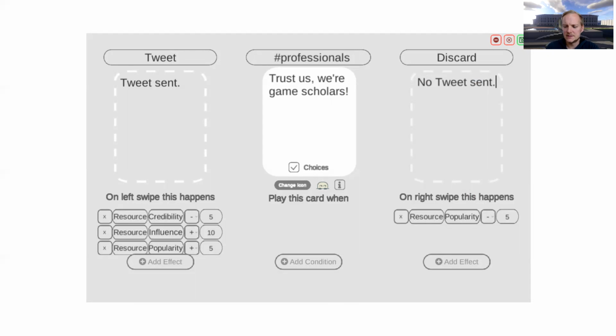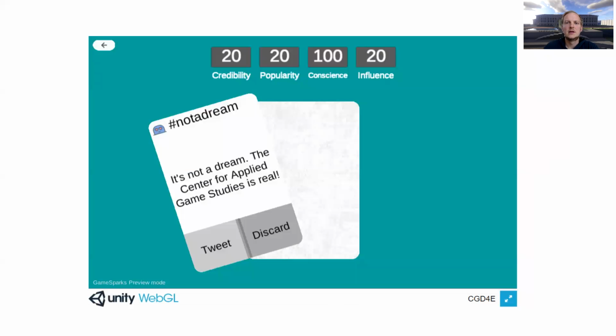And after all these settings have been done, you can of course play the game. In this case, you see the HAS marketing hero, which was created by us at Danube University. In this game, you take over the role of a social media manager and have to decide which tweets are sent and which tweets are not sent. And you do so by swiping left and swiping right, as you know from famous games such as Reigns or even apps such as Tinder.